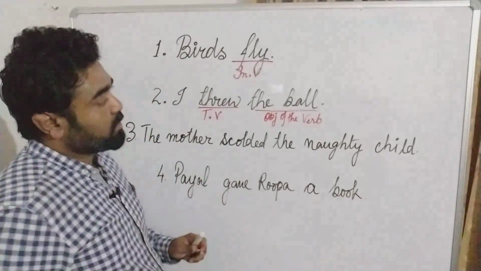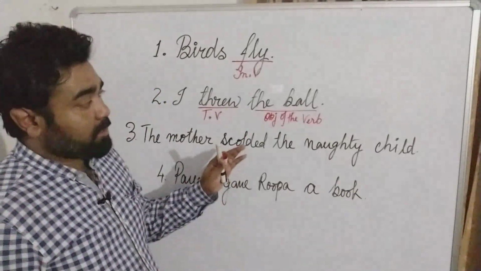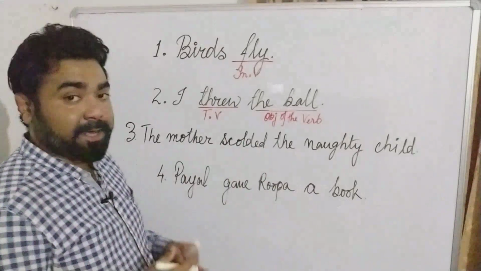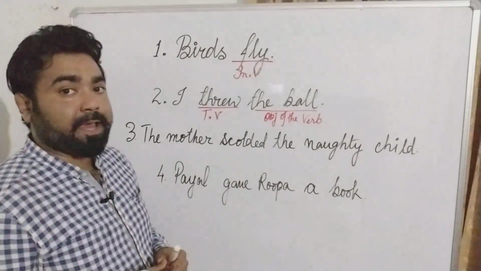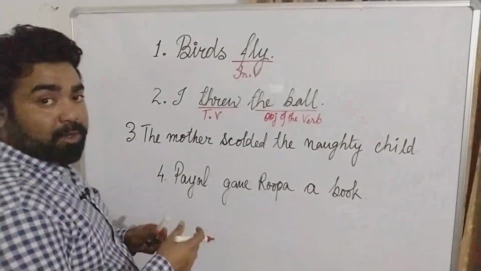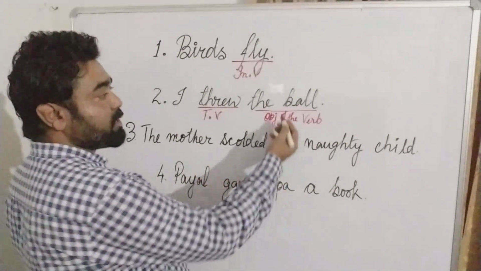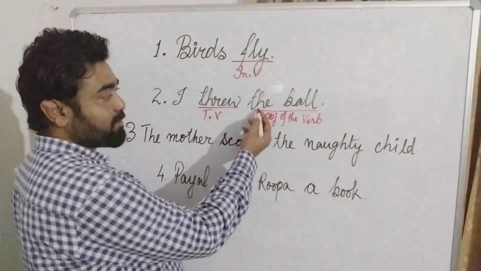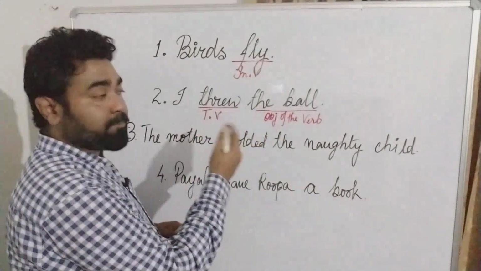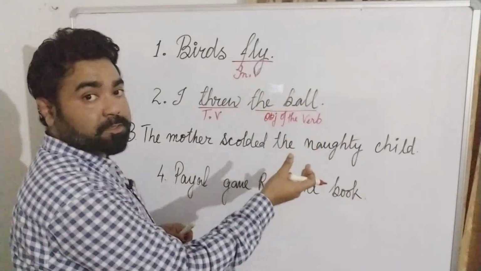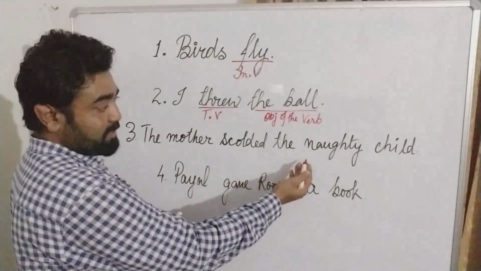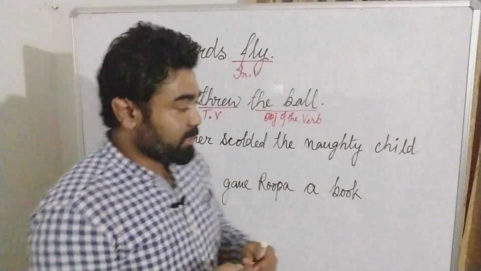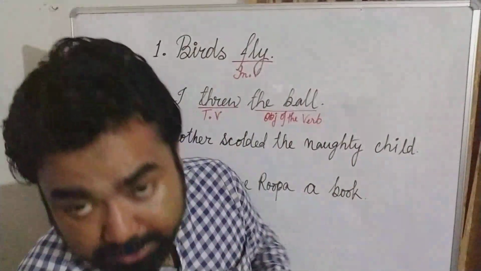Sometimes what happens is the object, just like we have studied in the subject part, that the subject has attributes, the object also has attributes. Just like we have a subject word, we also have the main object. Here the main object is the noun ball and the attribute is the definite article the. Sometimes we may have more than two words. For example, in this sentence we have 3 words, but we will come to it shortly. Let's look at the book again and underline the important parts.